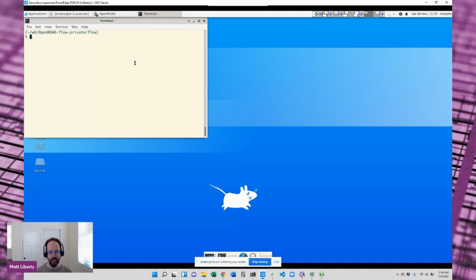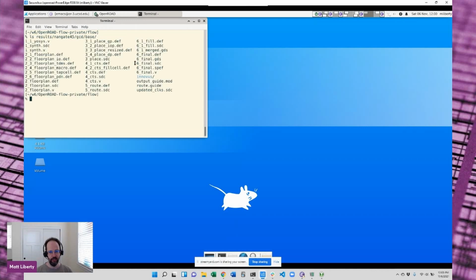If you run the automated flow, this is an example of OpenROAD flow scripts. If you look at the results, what you get is a whole lot of text files or possibly binary files, which are not very easy to debug, right? You read a big DEF file, you can't really tell what's going on. So